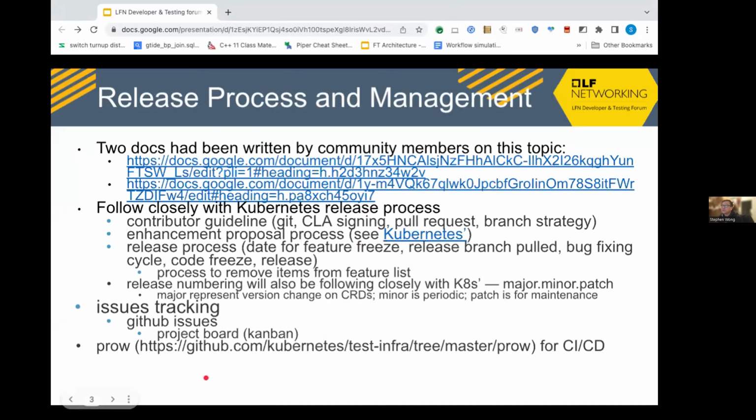So on release process and management, here are the links to two docs that community members have written about this topic. We basically follow the Kubernetes release process very closely. Our contributor guidelines are basically carbon copies of the Kubernetes contributor guidelines. We have an enhancement proposal process, which is very similar to Kubernetes, moving forward. Right now in release 1,